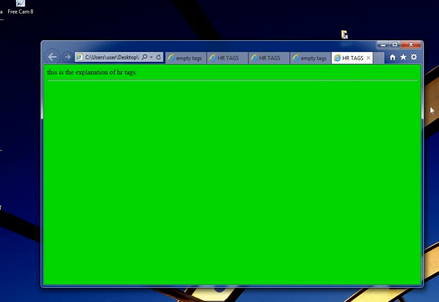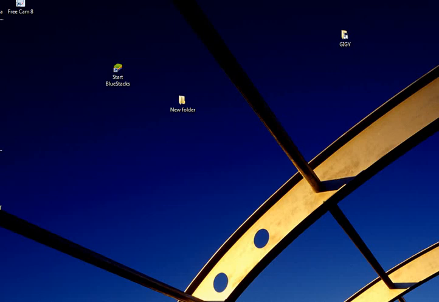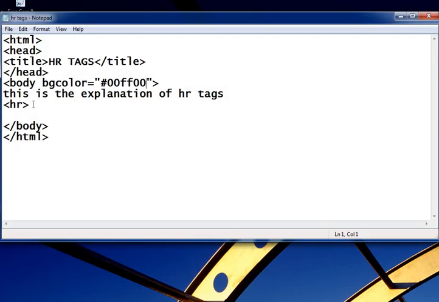This line will take the entire browser window's width. Okay, and then I again type with the attribute.